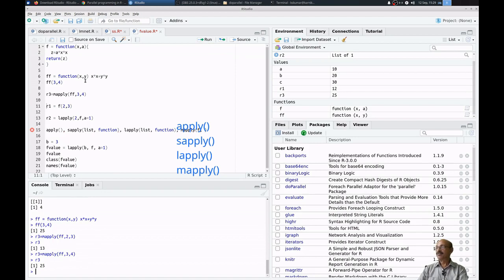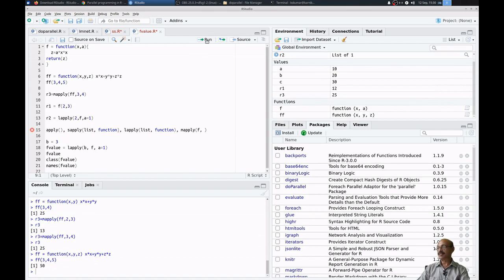So, if you have more variables, even if you have z, one more variable, like plus z star z, the function is f of x comma y comma z. It is a function of 3 variables, x, y and z. So that is f of x square plus y square plus z square. So we can do something similar to that. Then it will execute. I'll run this code actually. So this and this you can execute.